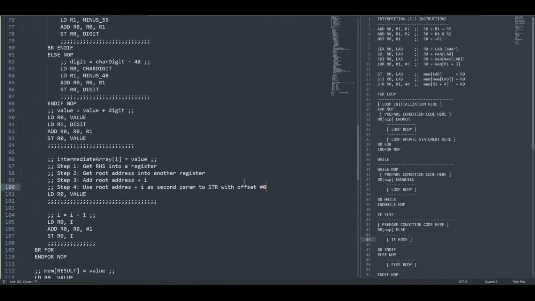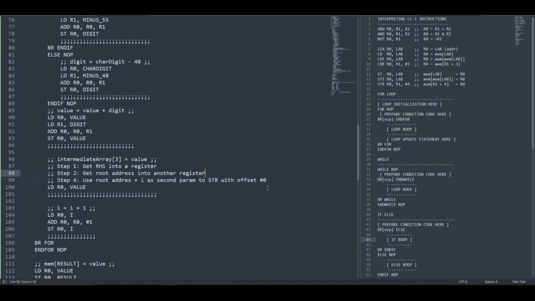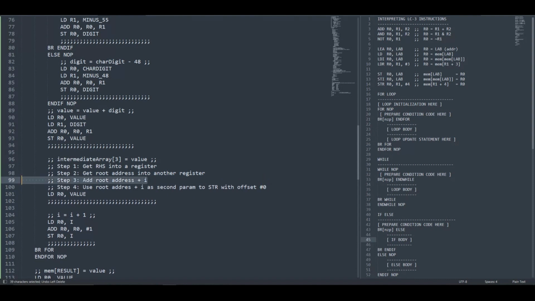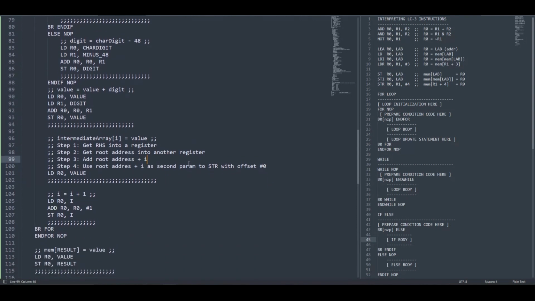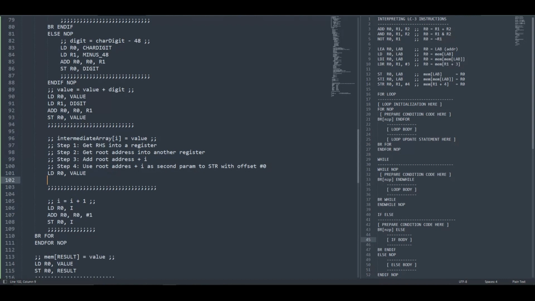And so sometimes if you didn't have an I, you had a fixed offset like 3. You can't just skip step 3. You can do the adding with the offset. But because we're using a variable offset like with I, we can't use the offset part of str. We have to manually add the offset in a separate line and just set the offset to 0. So we're basically computing the offset in advance and then just using 0 always. Anyway,